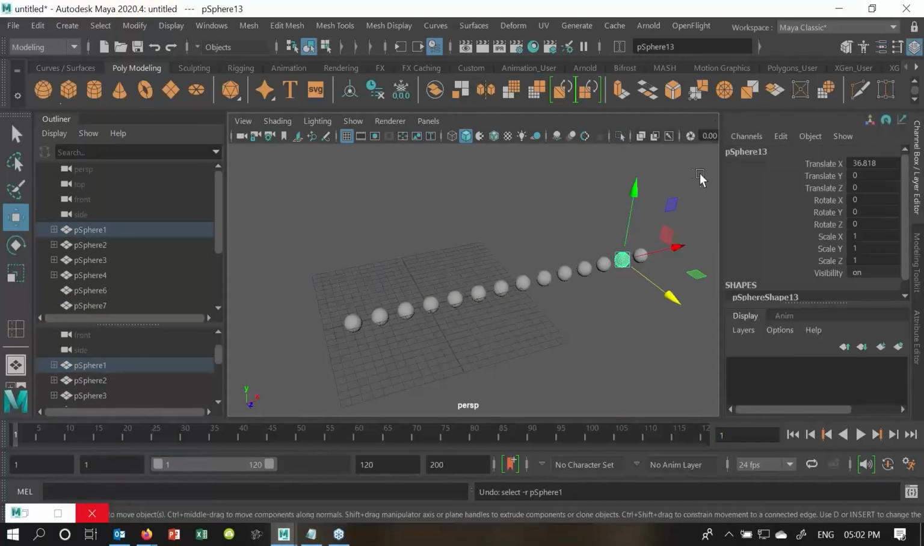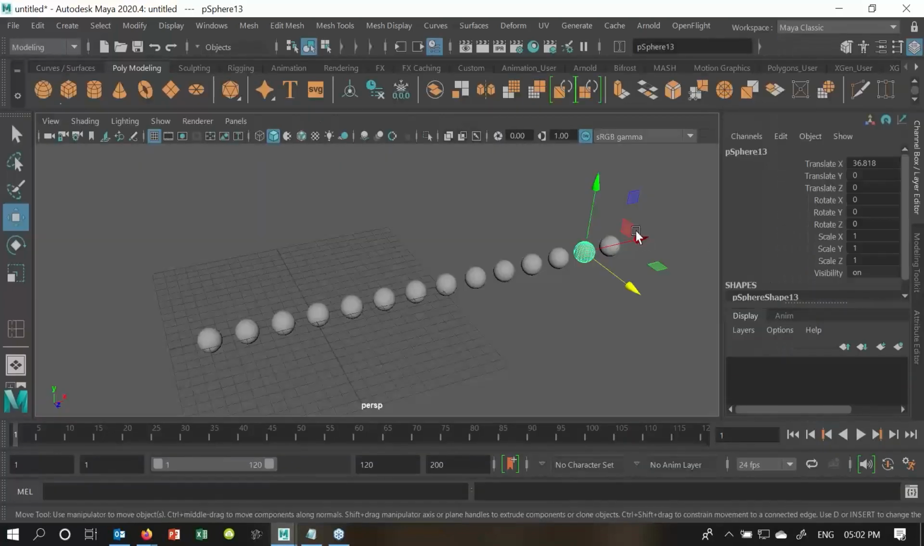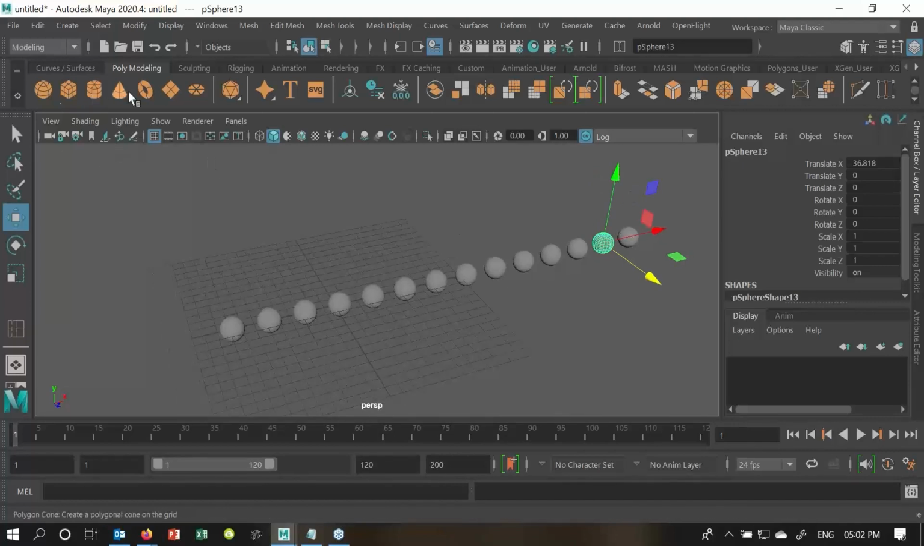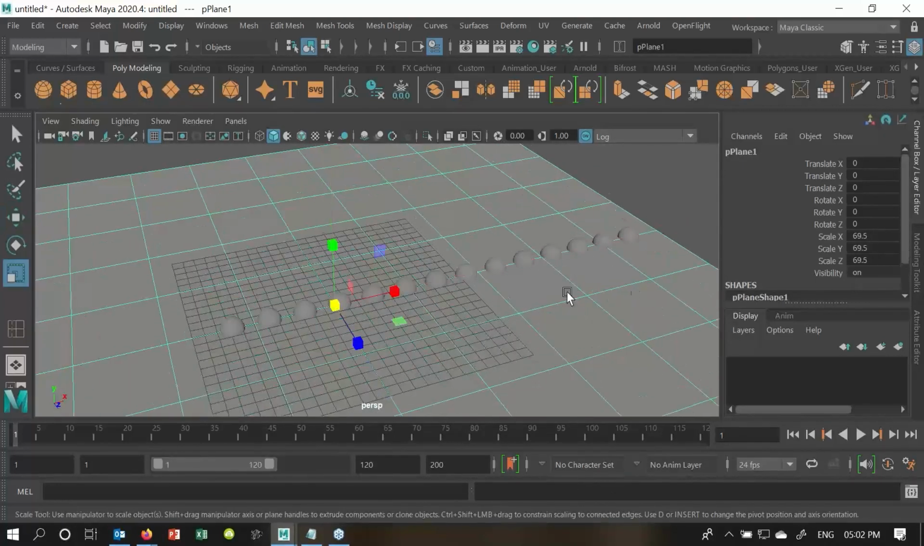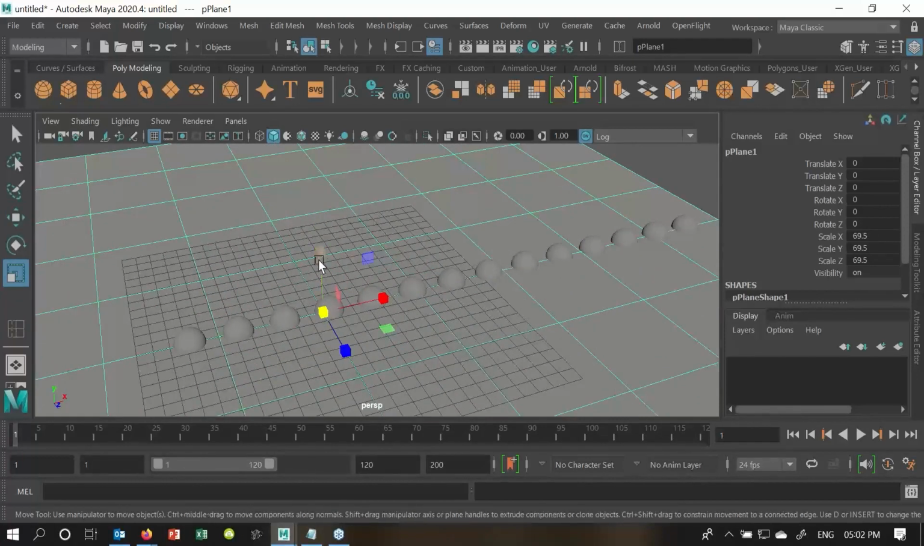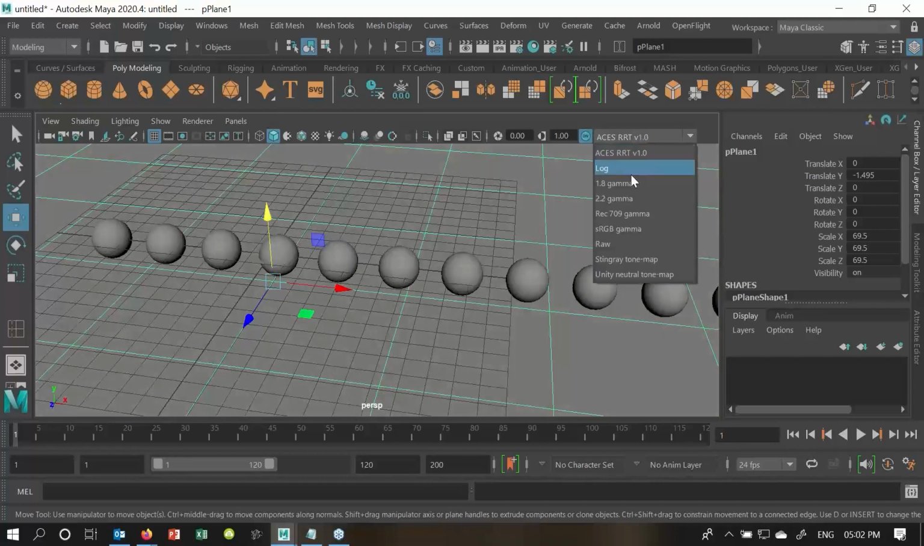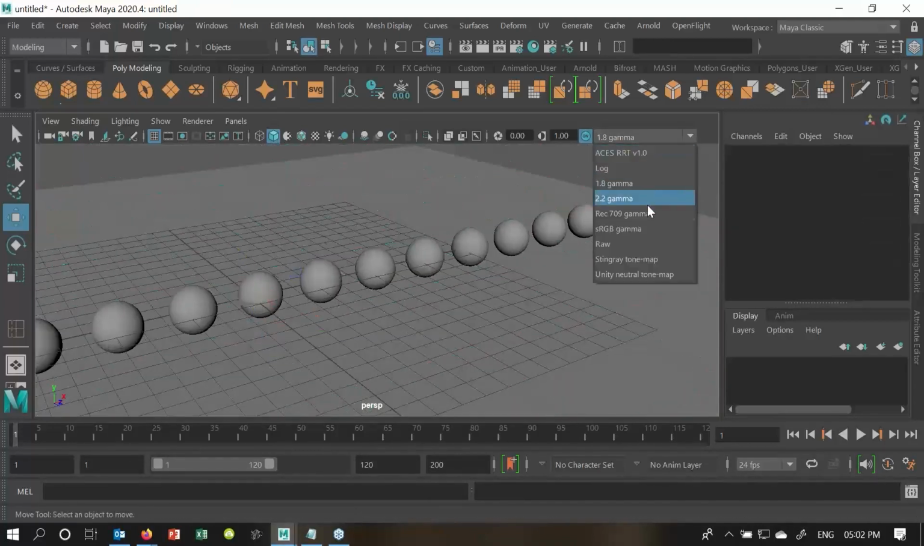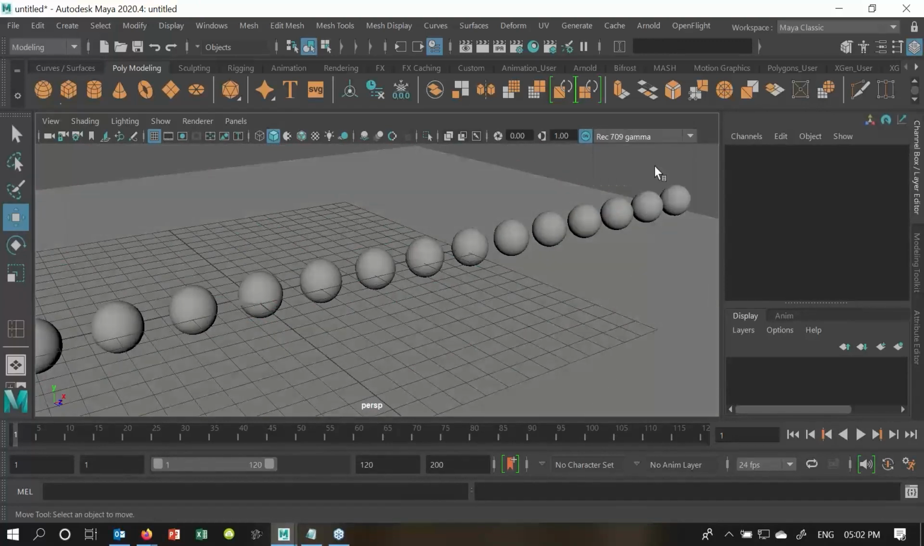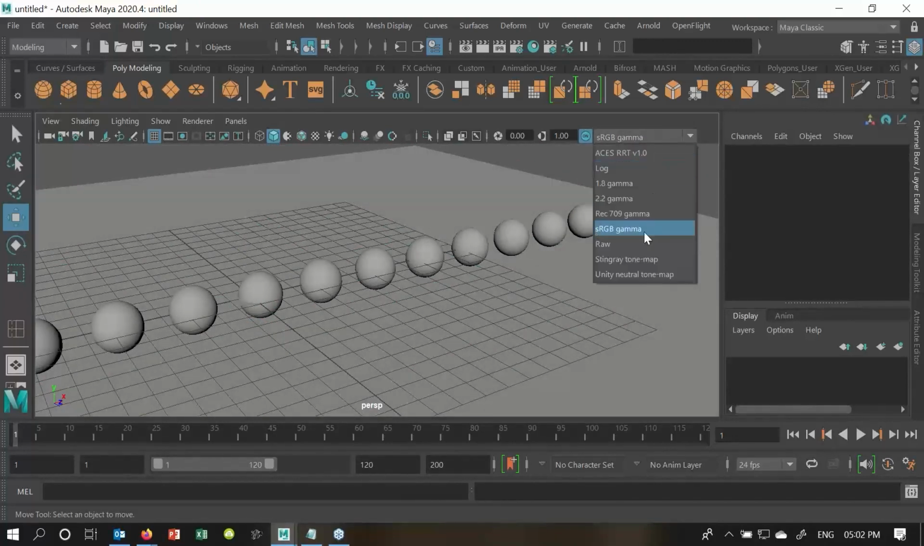Now if I just reset my view, here you can see we always have the sRGB in our scene. Why is that so? Because by default sRGB is our color mode in Maya. If I change it to log, let's create a little bit more objects in the scene. If I just drag and pull it down, here you can see my viewport colors got changed: 1.8 gamma, 2.2 gamma, 2.0879 gamma, sRGB. If I say raw,